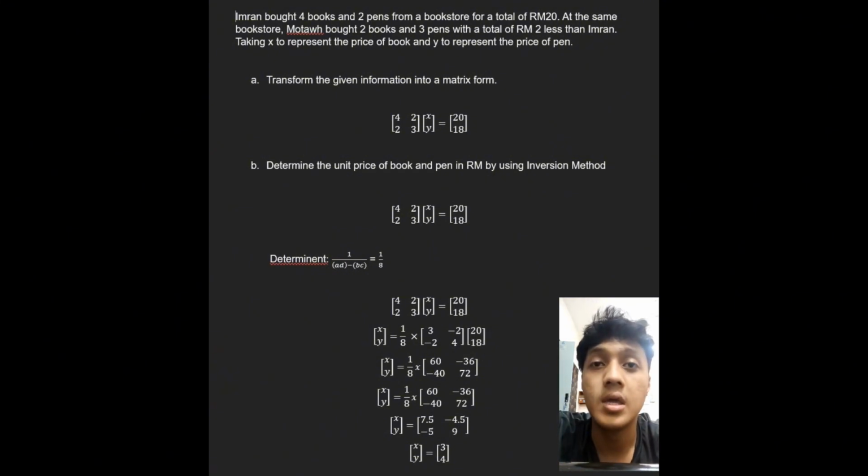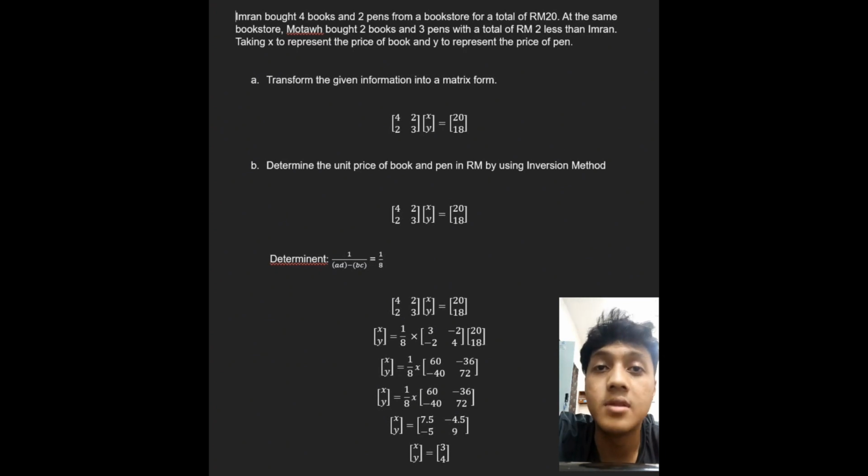That is for A and D and B and C for inversion. After that, you multiply the matrix that you have inversed, multiply it by 20 and 18, and you will get XY equals to 1 over